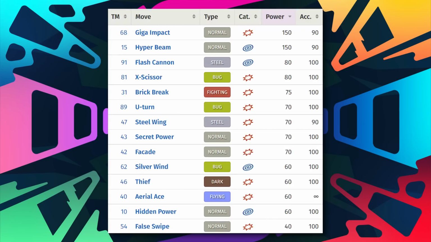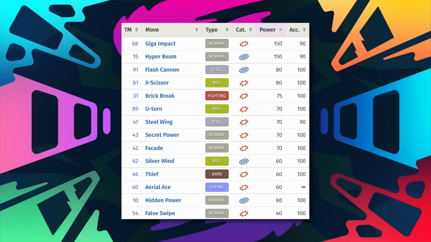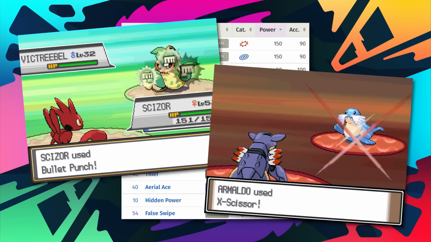So much so that it edges out the defensive beast in the Return the Johto. Its base 130 attack is obviously as great as its 100 base defense, but that 65 base speed is actually pretty decent compared to the other steel types in the region, which I feel is worth mentioning. Its move pool improves a bit from Gen 2, now having Bullet Punch, X-Scissor, and a few other very solid